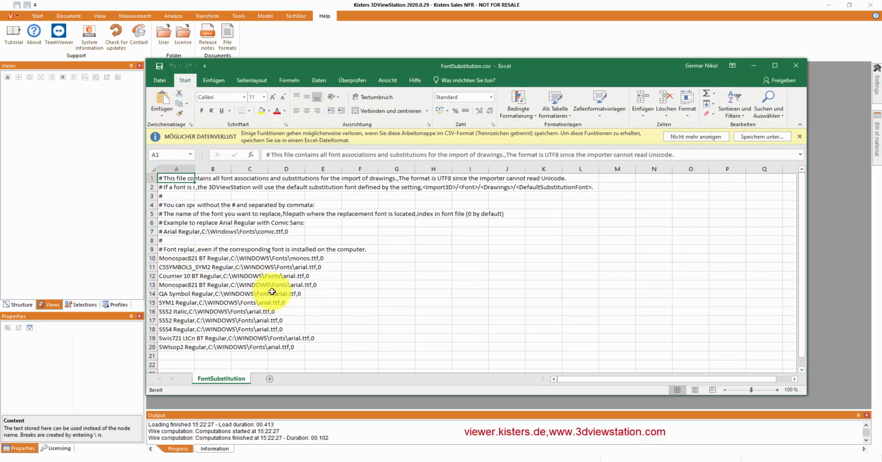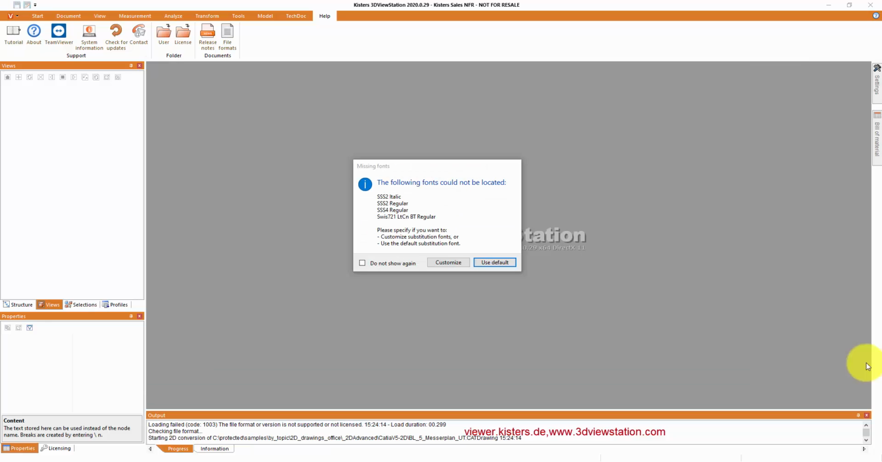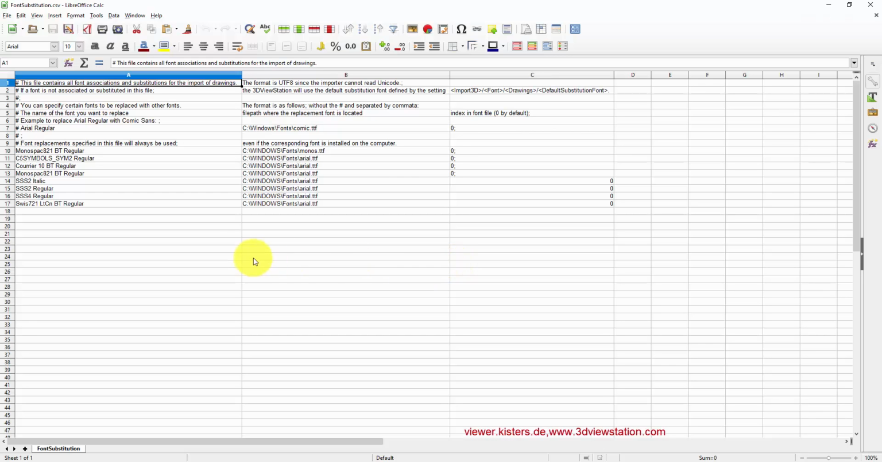The font replacement table is located in the user directory, so you can modify it, you can erase lines, and with every single drawing the new fonts will be added. That's more or less